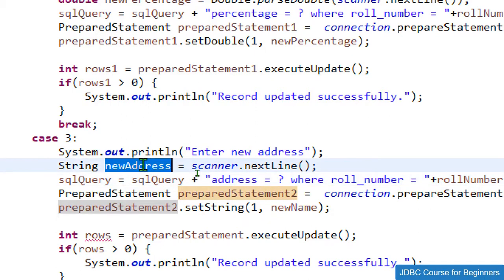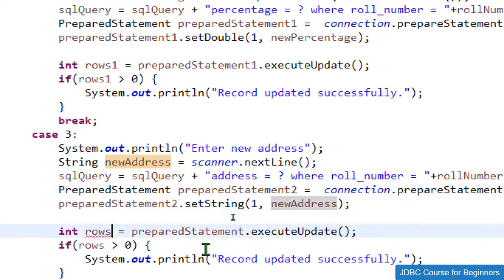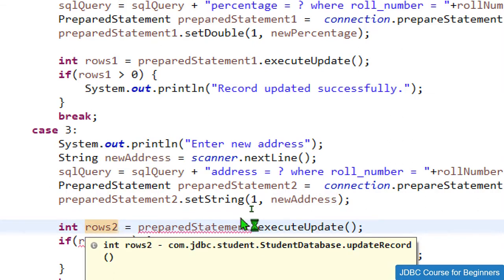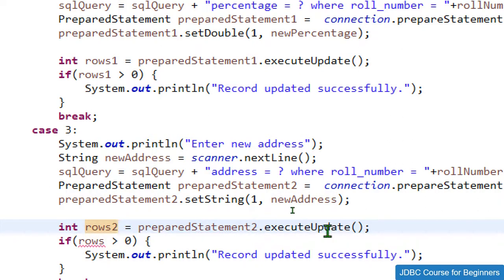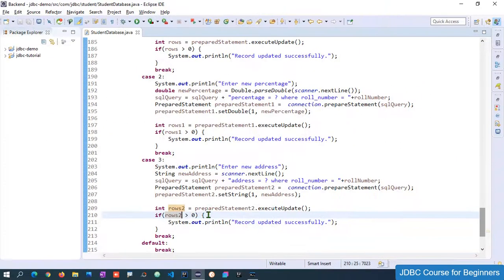And then I just need to pass the new address variable over here like this. And for rows 2, prepare statement 2 dot execute update, and if rows 2 is greater than 0, then only record updated successfully.